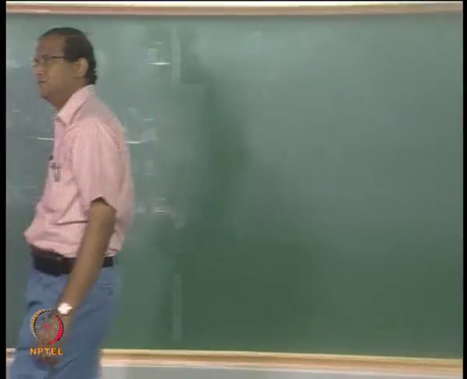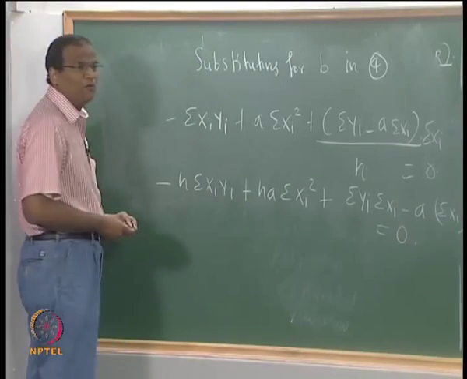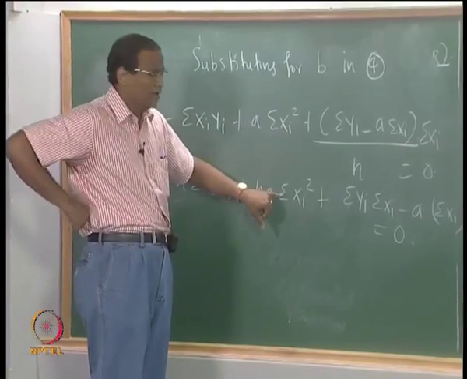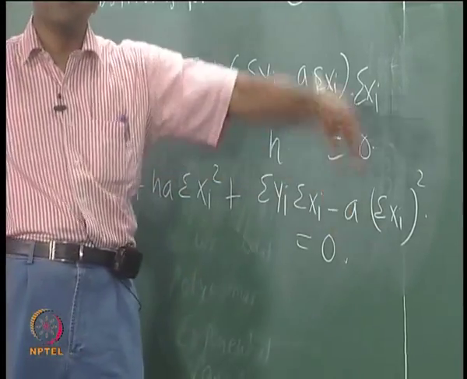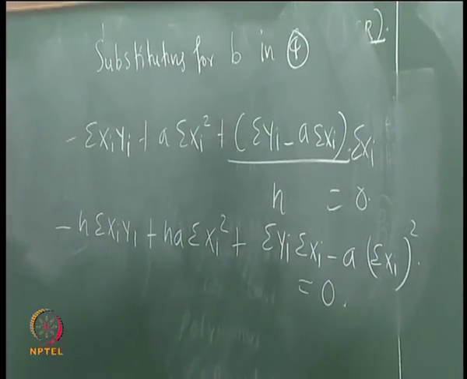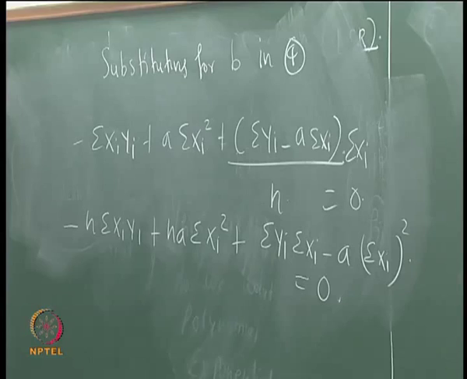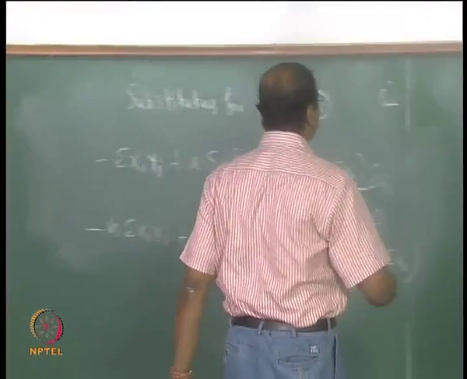Please note, please look at the board carefully. Sigma xi squared is far different from sigma xi square, huh? I hope you are able to get the difference. Okay, so A equal to